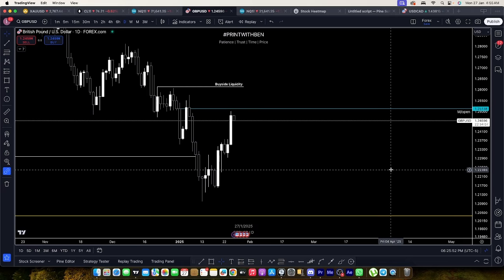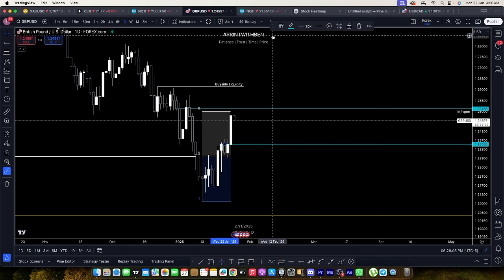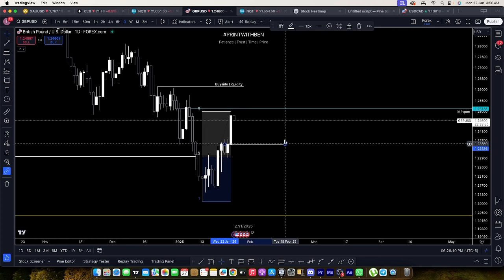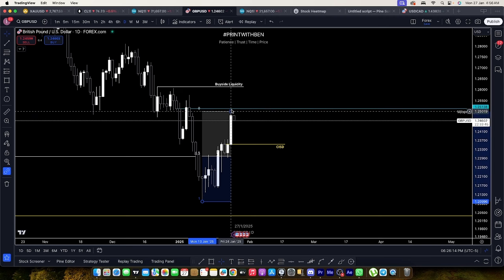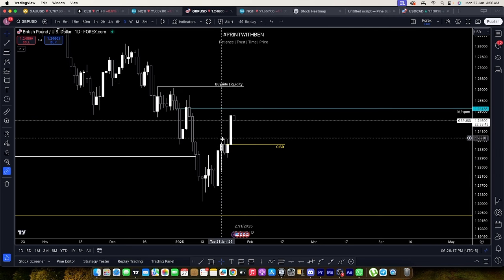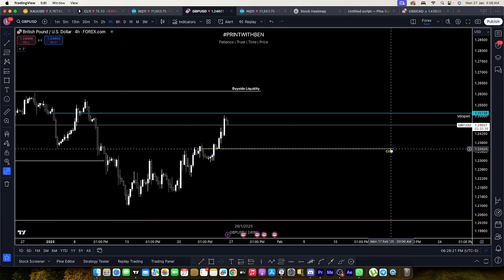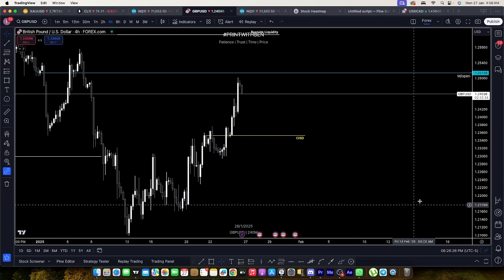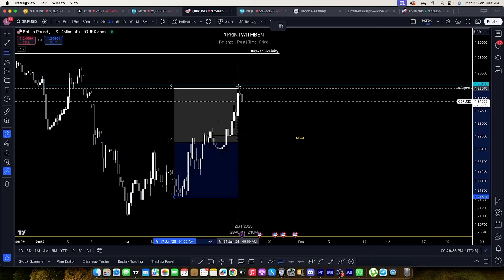So what I want to see right now on pound is a reaction right here, because this could be it, and pound might just jump right on top. So this could be the change in the state of delivery for this particular leg. But on a much higher note, I would want the market to trade back into the discount range to shoot higher. So that would be from here to here, this will be my dealing range.